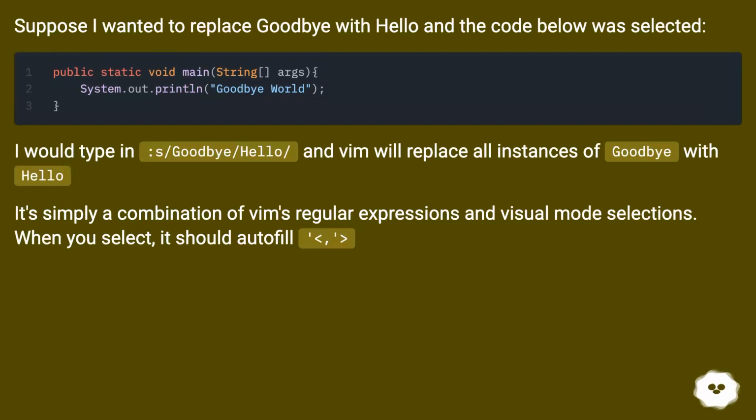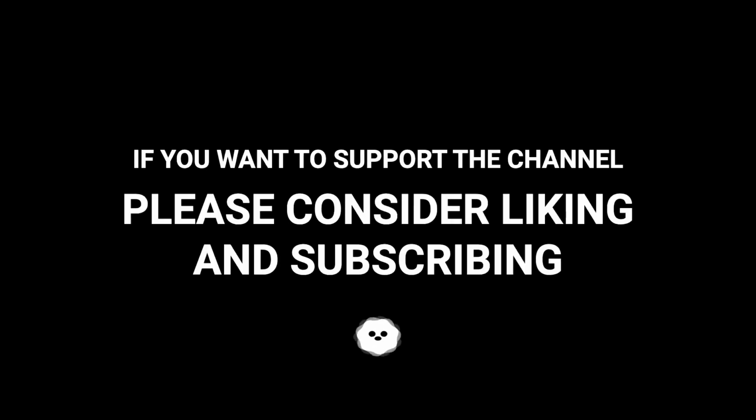Suppose I wanted to replace goodbye with hello and the code below was selected. I would type colon s/goodbye/hello/ and Vim will replace all instances of goodbye with hello. It's simply a combination of Vim's regular expressions and visual mode selections. When you select, it should autofill. Last selection,